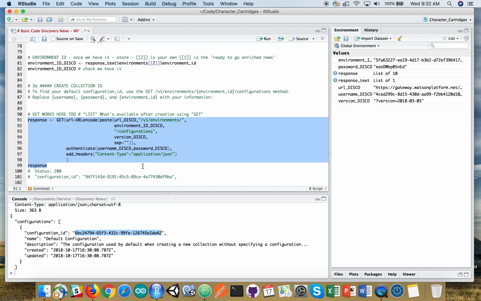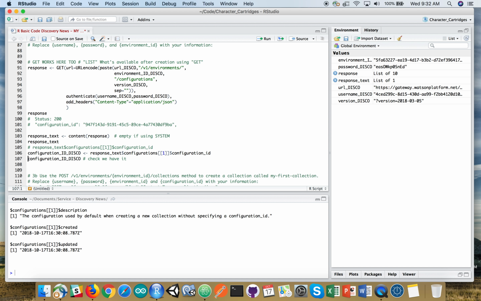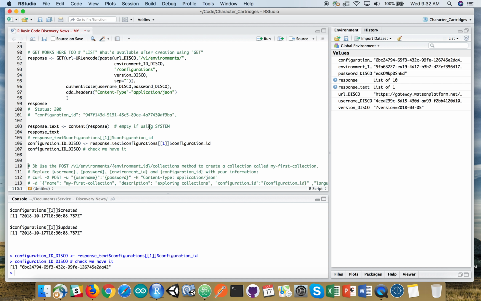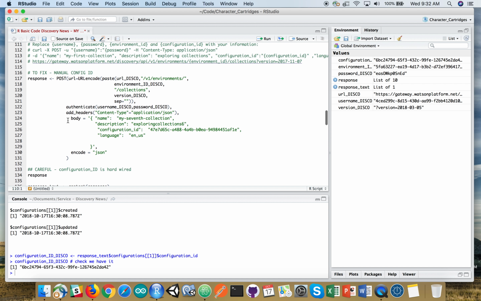We've got our API endpoint credentials. And then we have our environment ID. And now we've drilled down and we've got our configuration ID. And we can see we've got the response in here. And that's our configuration ID, now in here. So now if we want to go even deeper,